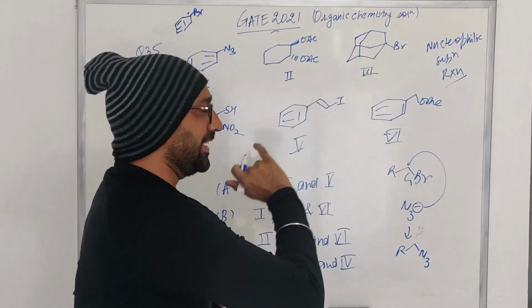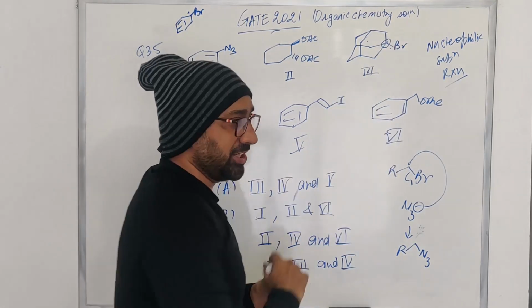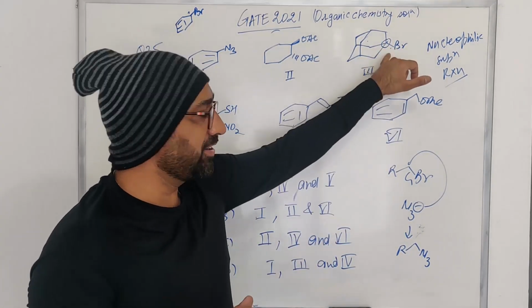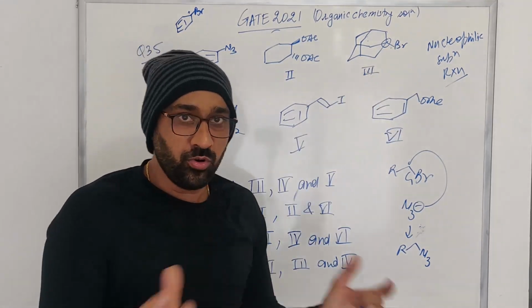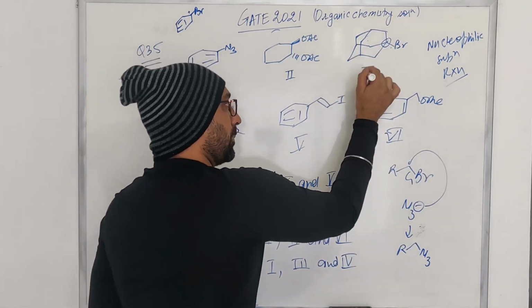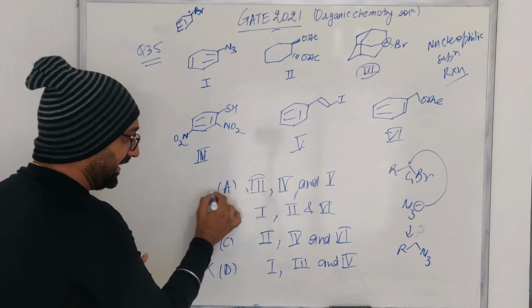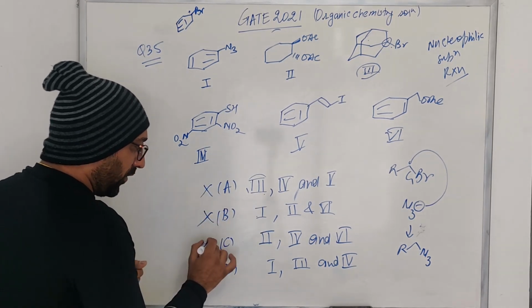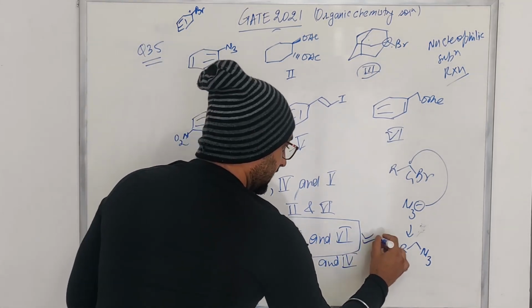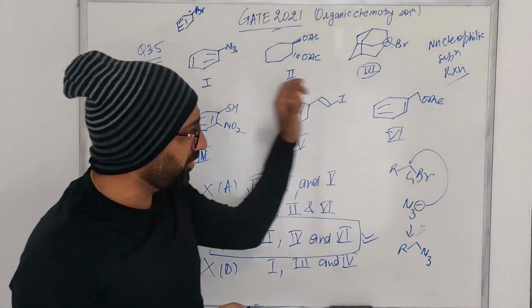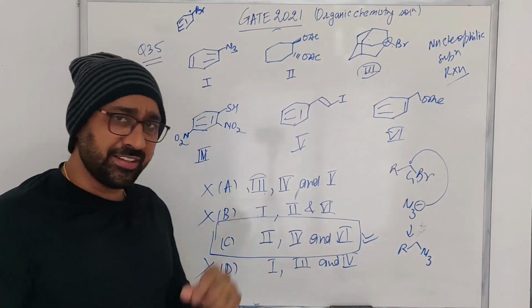Now look at option number 3. What you have is this adamantane type compound where you have a bromo at this bridgehead position. Can you think that you can have a nucleophilic substitution reaction attacked from the back to get this compound? No, you cannot have. So it means whichever option has 3, you can neglect that option. Now in option number 1 you have 3, you can clearly neglect. So what you are left with is C, which has the remaining option. So the correct answer is option number C. So that is how you can sometimes neglect certain possibilities to arrive at the right answer.